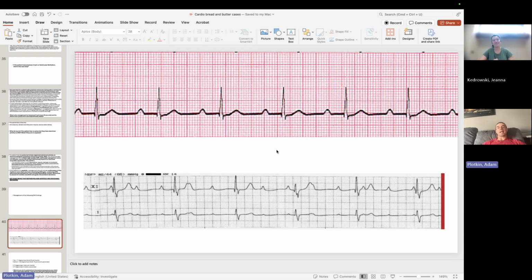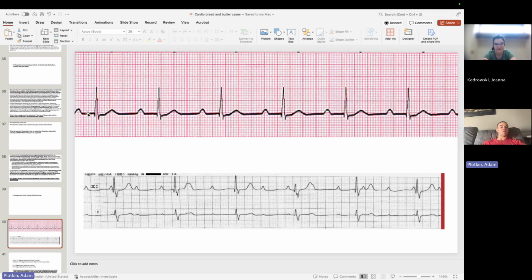It's easier when you have the full rhythm strip or the full EKG. This is just the rhythm strip to look at. But first things first, I look at the rate, rhythm, axis. We can't look at the axis here because I don't have the full EKG. But you can do the counting: 300, 150, 100, 75. So it's a rate of about 60. There are multiple ways to calculate it. And this looks to be regular, right? It looks like it's marching out regular.